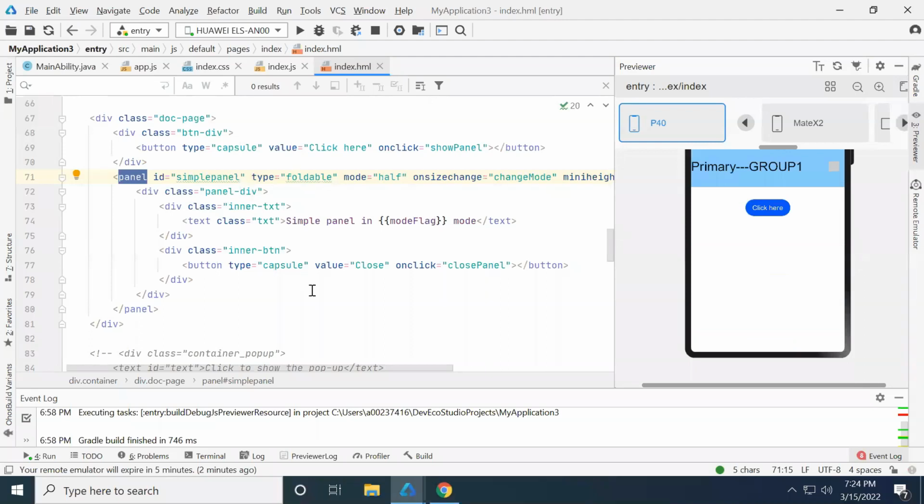So this is such a container component. Basically it provides a lightweight content display window with flexible sizes. Flexible sizes in the sense, if you see the mode attribute here, there are three options supported: mini, half, and full. Since the mode is set to half, when I click here, the panel is covering half of the page. So if I set it to mini,